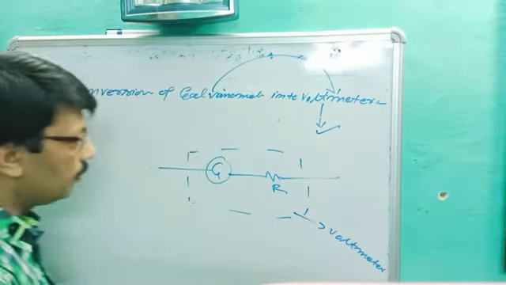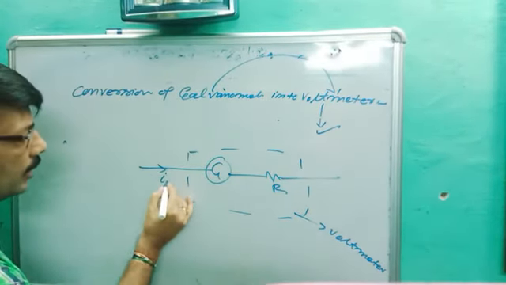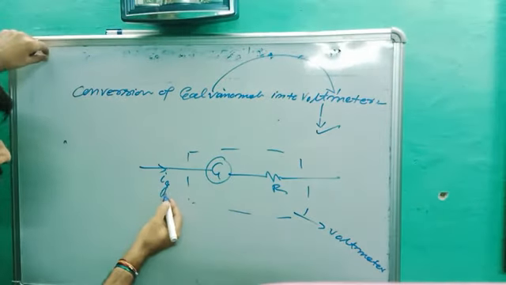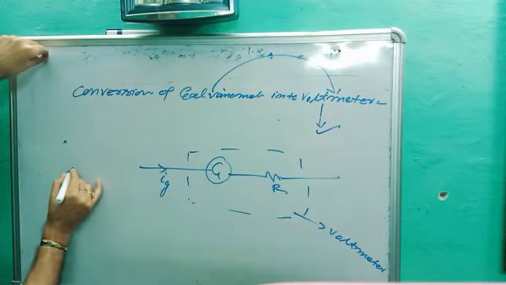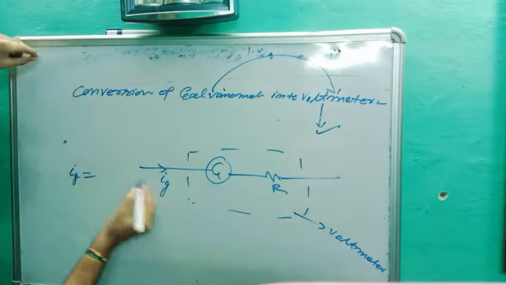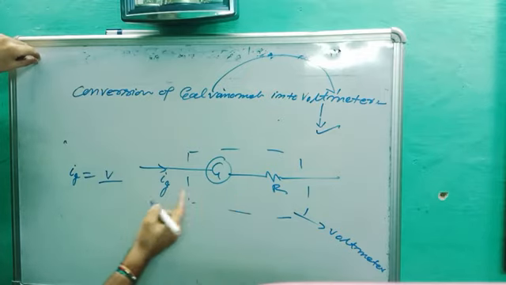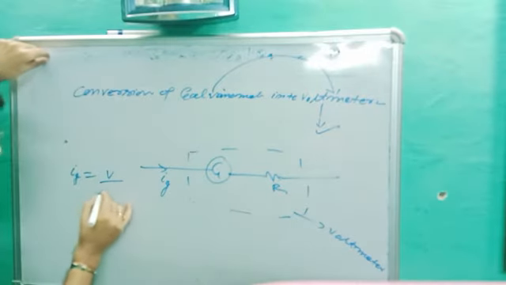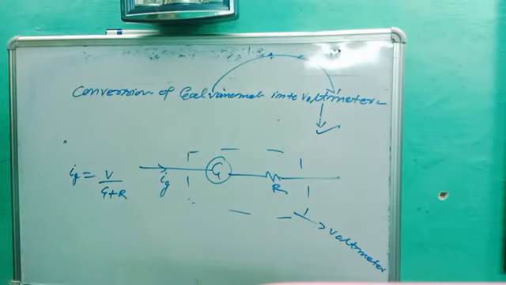Whole device becomes a voltmeter. Let's suppose the total flow current is Ig. So for total current Ig, what is the voltage? V is equal to Ri, so I is equal to V upon R. So Ig is equal to V upon total R. You better know total R is R1 plus R2, they are in series, so G plus R. Are you getting?